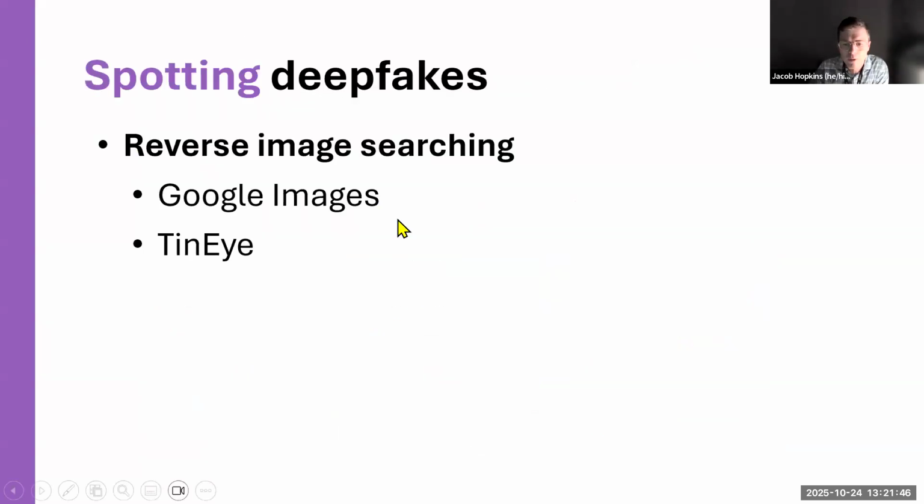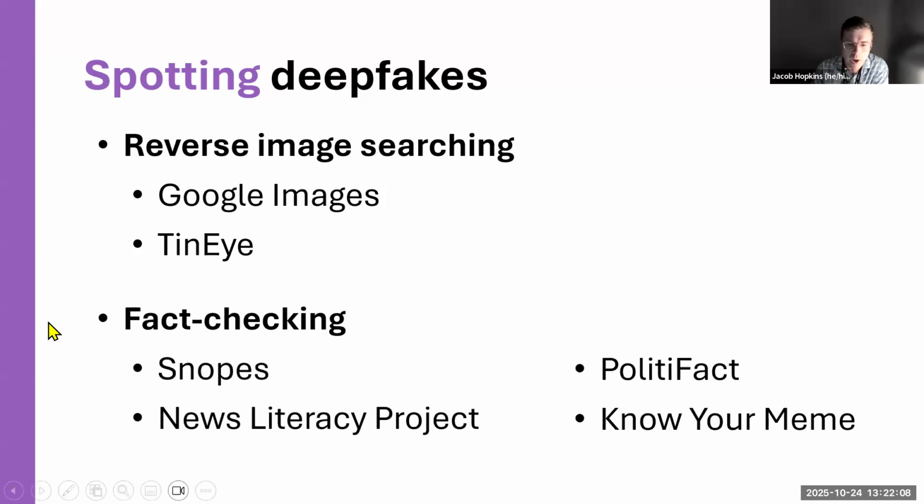Here are a few other online tools that you can use to support your lateral reading. For images, you can try a reverse image search using sites like Google Images and TinEye. These will help you track down the original source of an image and also show you where else and how else it's been used before. You can also check out popular, reputable fact-checking sites, including Snopes, the News Literacy Project, and PolitiFact. These sites keep track of viral disinformation, and they're there to help you separate fact from fiction with reputable, credible sources.